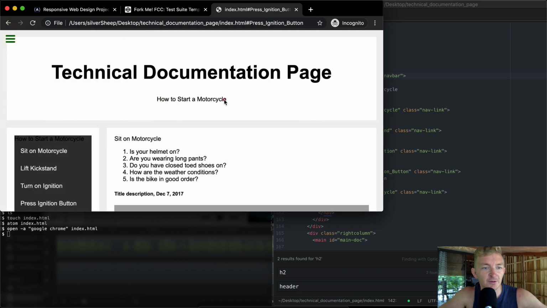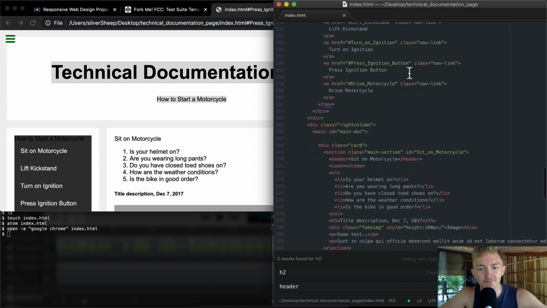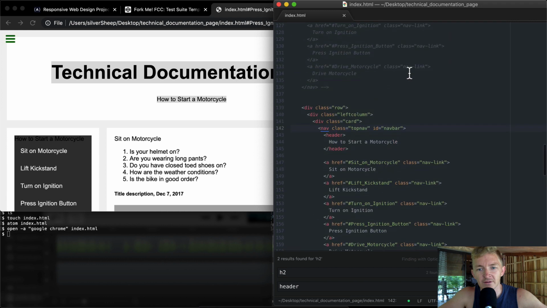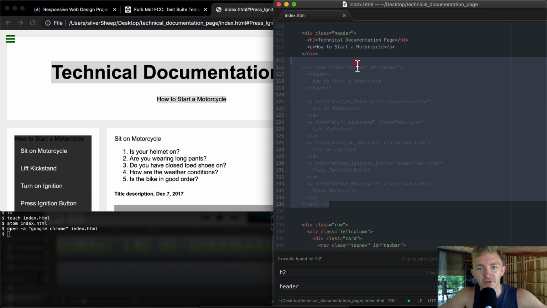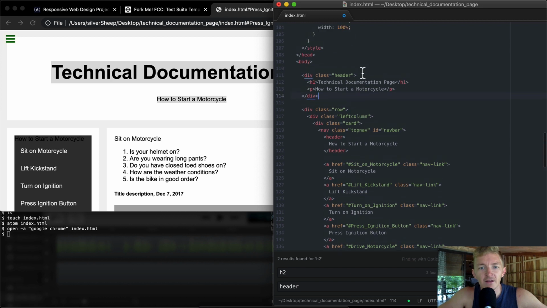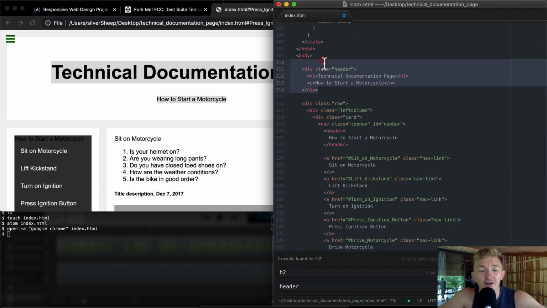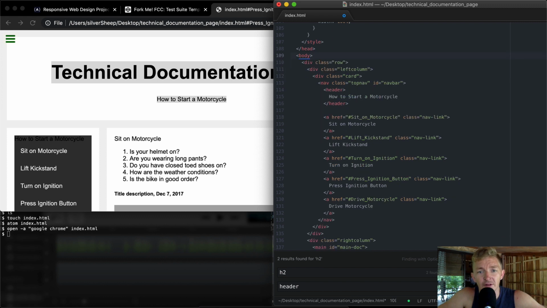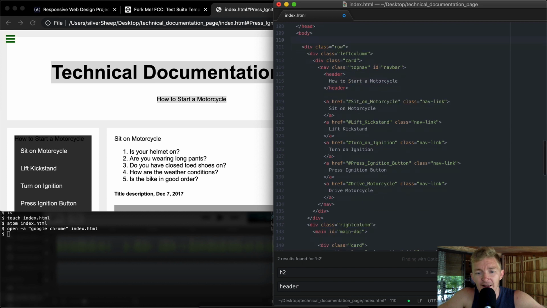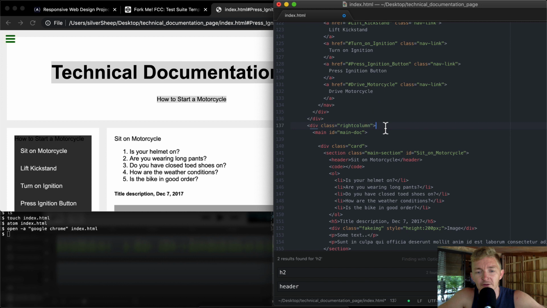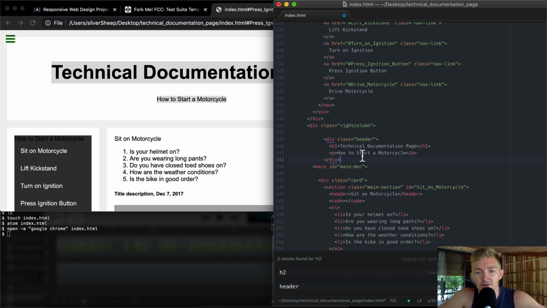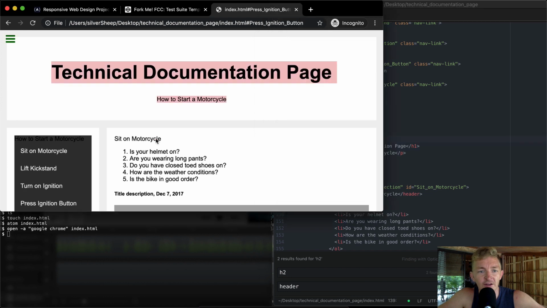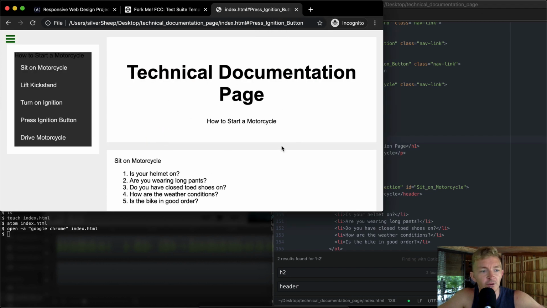So what we could do is get rid of this technical documentation page section. Okay, now that we've got the nav bar there and it's still passing most of our tests, we can just get rid of this. How to ride a motorcycle. So now, what's happening is this header thing is getting in the way. So I remove the header from the top, and then I can add the header in on the right column, the main doc. If I save it here, now we've got our technical documentation page, how to start a motorcycle, and we're getting closer to the top. So if we were to rerun our tests,